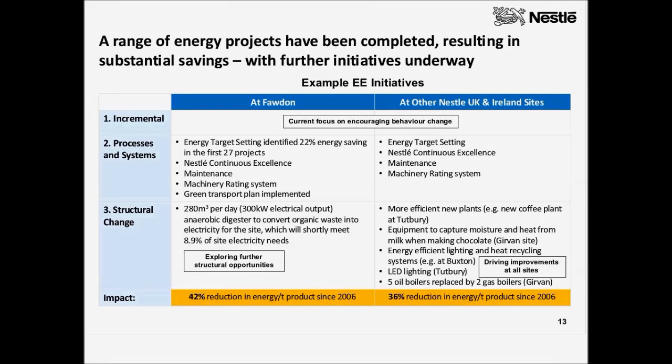And structural change, again across the market, a range of significant step changes, particularly in terms of introduction of new processes and ensuring optimal energy efficiency around those, looking at heat capture and moisture capture, energy efficient lighting, and also boiler replacement optimization. And then a key project which has been delivered specifically at our Fordon site, which was the